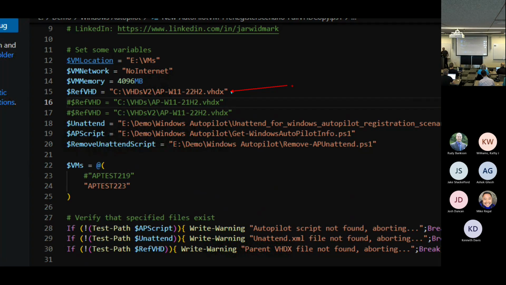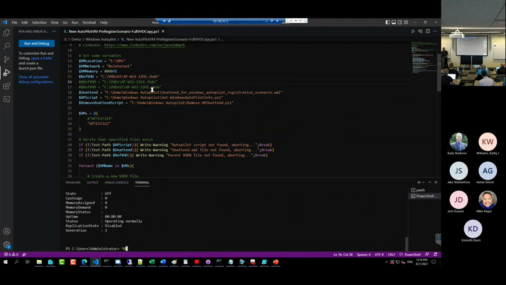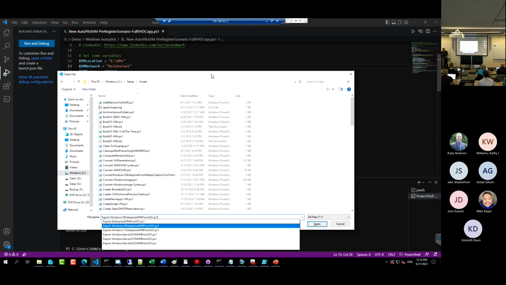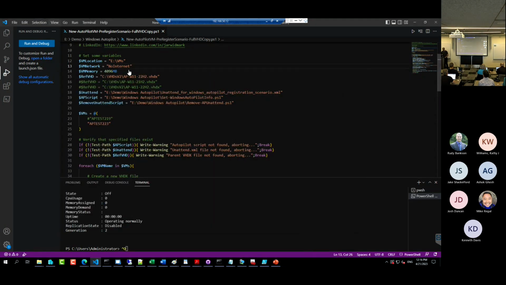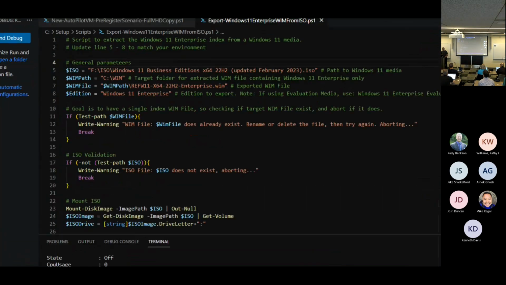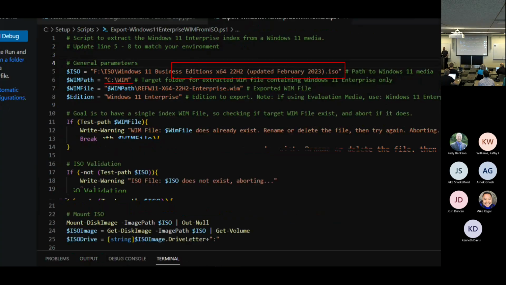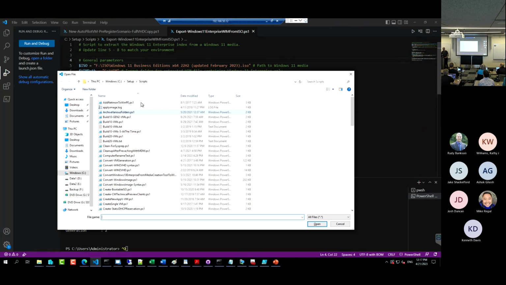The way I applied that was simply I borrowed a WIM file from a downloaded ISO. So I have another little PowerShell script that will take an ISO, extract the WIM file I want to work with from it, and put it in the folder. This script takes about 10 seconds to run, but I've already run that one, so I will have a WIM file in that folder. And then I have another script that takes that